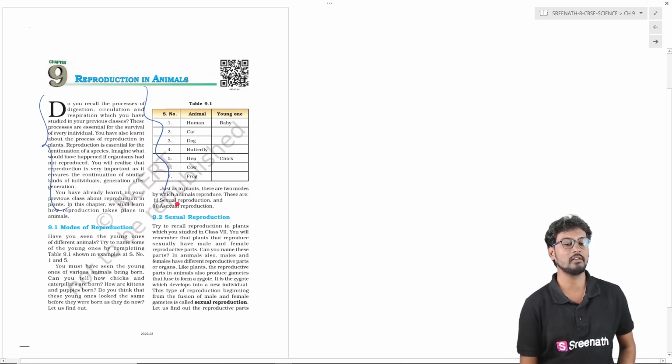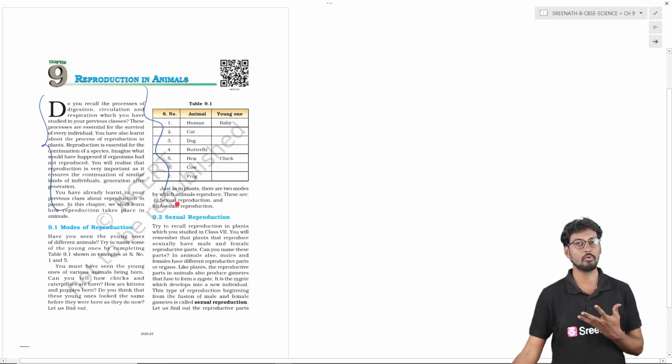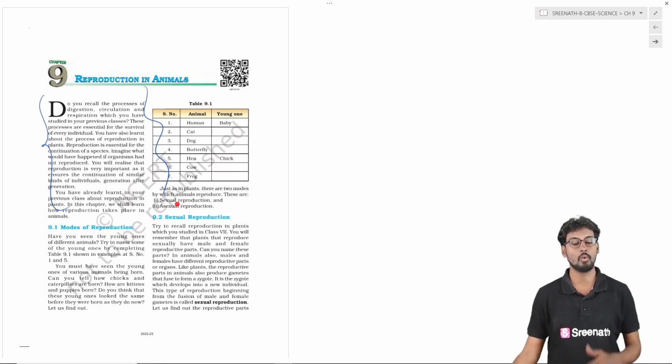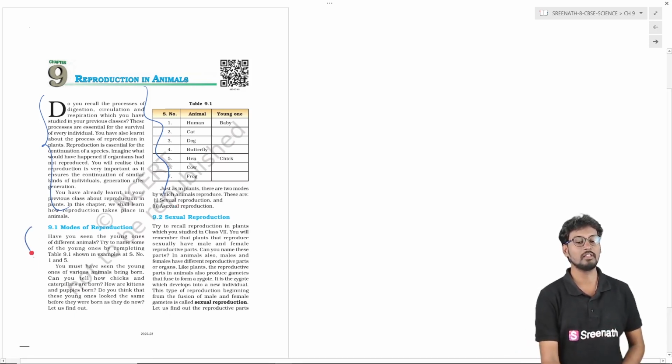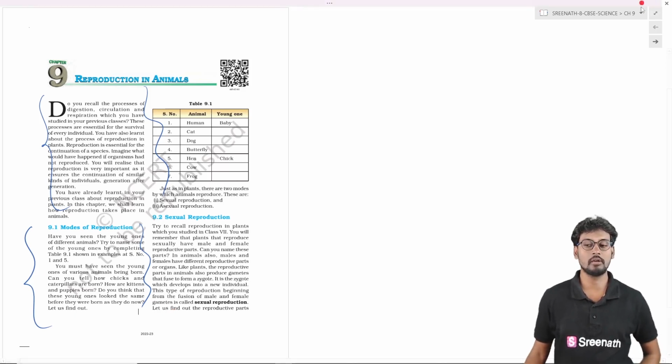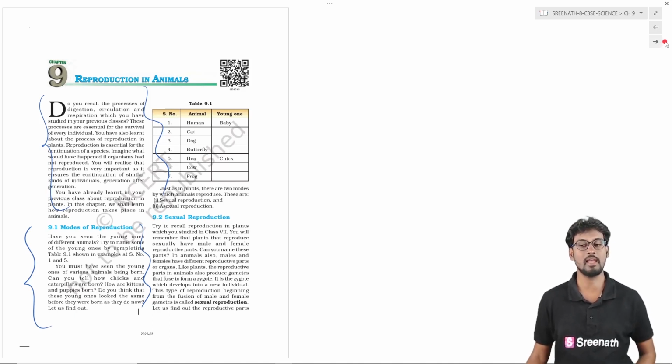Reproduction in animals is about how animals multiply or replicate in their own version. Here we can see the mode of reproduction. There are different modes of reproduction, whether sexual or asexual. The sexual one is where two opposite sex partners are involved in the process, and there is a generation of male and female gametes, and thereafter they end up with the